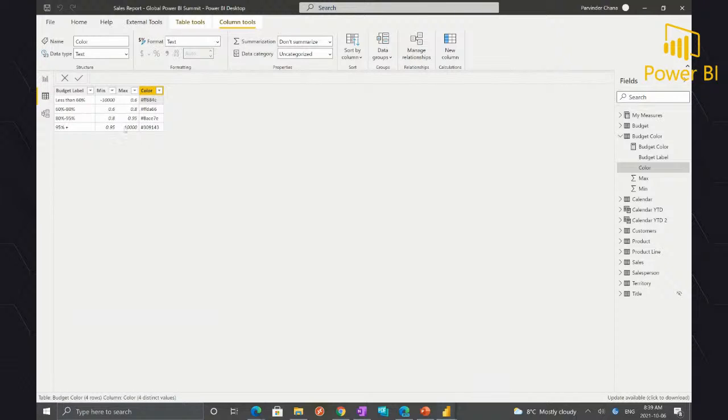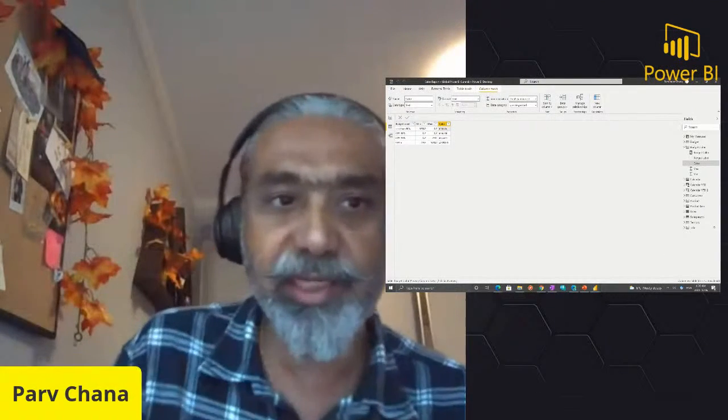So why I'm doing this is, tomorrow if I need to make any change, I don't need to go to Power BI and make the changes. Wherever I'm maintaining this data set, I will just come and add another row, or remove a row, or change the rules. If it is now not 50 to 60%, let's say there's another requirement to show in a different color. I can also change the color. I can come here and change the color, and it will impact the whole report, instead of fixing the colors in my measure saying red, green, yellow, or whatever these hex codes are.